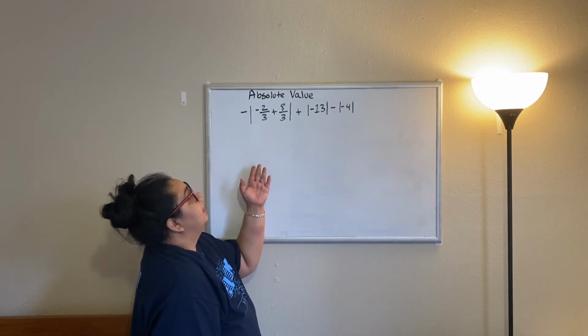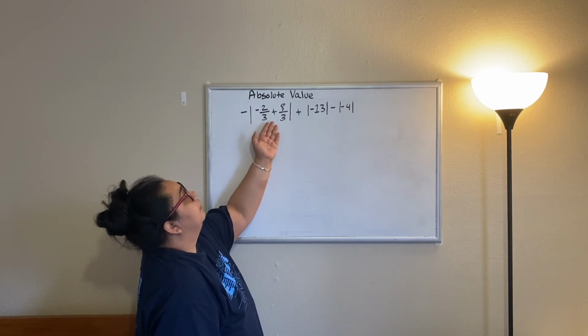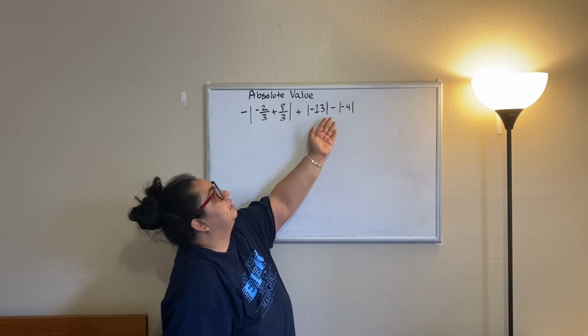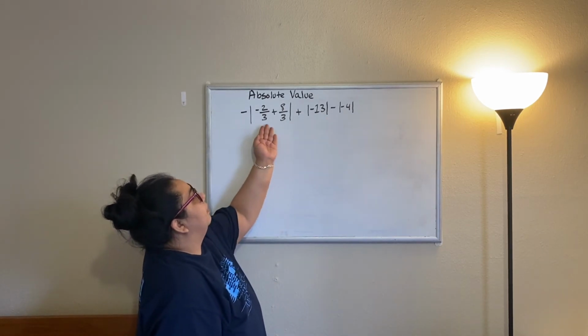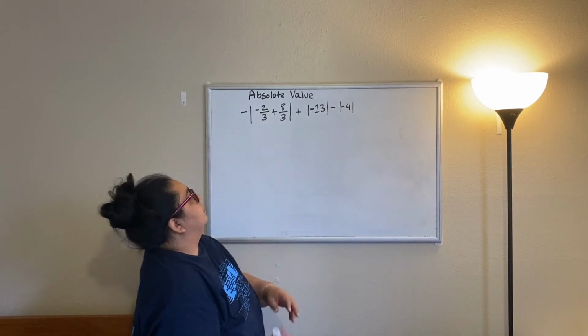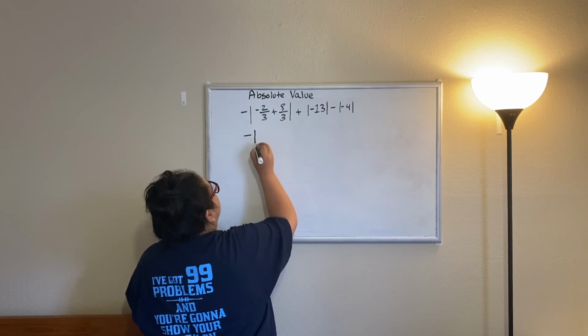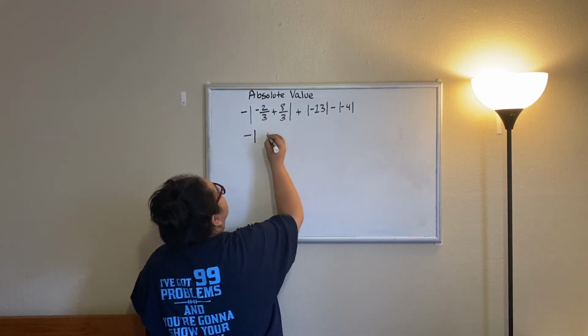Okay, so here we have example 2. Example 2 is the negative absolute value of -2/3 plus 8/3 plus the absolute value of -13 minus the absolute value of -4. So first we need to work inside the group. So we're going to bring down the minus sign. And we're going to say the absolute value, -2/3 plus 8/3 is